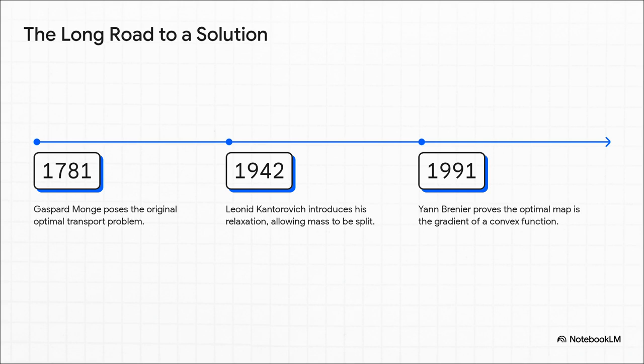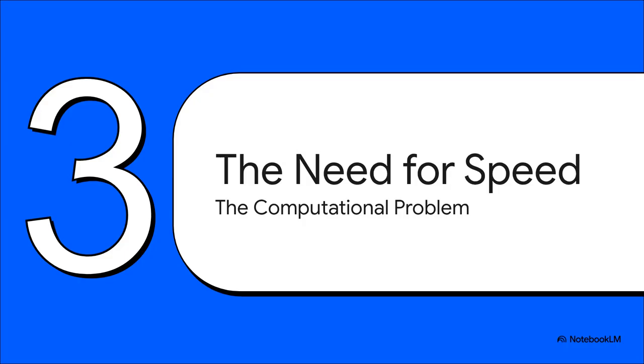You have Monge starting the whole puzzle, then Kantorovich with his game-changing flexible plan, and then another key piece of the puzzle from Jean Brenier in the 90s, who connected it all to some really deep geometry. It's like building a cathedral of ideas, one brick at a time. Okay, but even with this amazing theoretical foundation, there was still one giant problem standing in the way of anyone